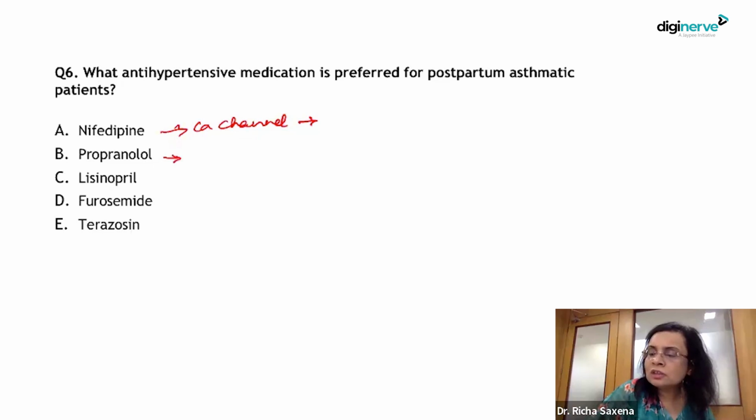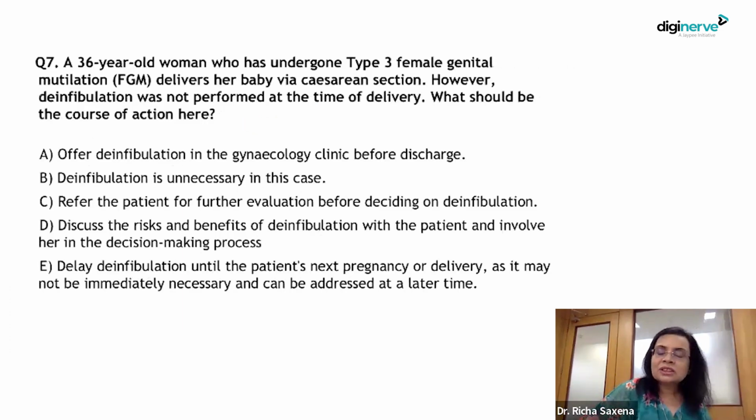Obviously, this will cause bronchoconstriction. Lisinopril, ACE inhibitor, this will also cause bronchoconstriction and it may result in cough. Furosemide, a diuretic. Terazosin, again, an alpha blocker. So obviously the treatment of choice in this case is calcium channel blocker or the medicine nifedipine, because this will not affect the airways. So coming to the next question, a 36-year-old woman who has undergone type 3 female genital